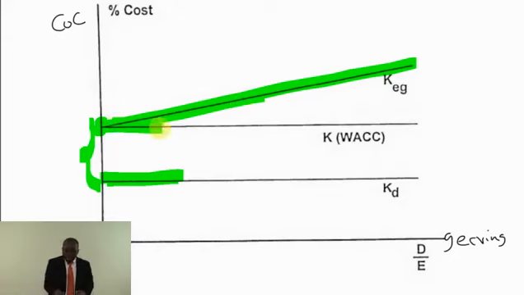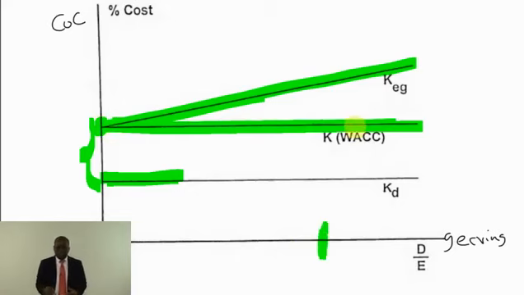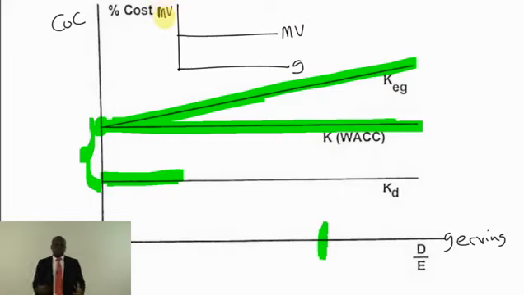Therefore, your WACC is supposed to stay the same, because whatever savings that you are making on that cheaper debt is equal to the increase in the cost of equity, and the WACC can't change. The WACC should stay the same. Therefore, whether I am geared or I am ungeared, whatever it is, my WACC is going to be the same. And if my WACC is the same, my market value should also be the same. So if there's a market value line, you would have seen it this way, and this will be your market value. This is your level of gearing, market value. So according to them, it doesn't matter whether you are geared or ungeared, your WACC will be the same.